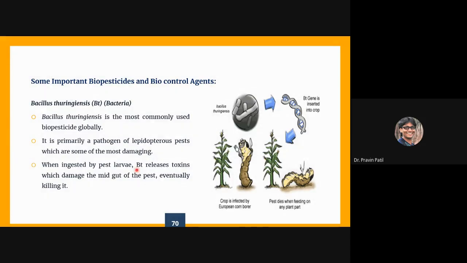So let's dive into the different types of biopesticides. The first one is the Bacillus species, which is a type of bacteria. So this is a microorganism based biopesticide. What it does is release some kind of toxin, and the toxin can kill pests. What researchers have done is isolate, from that bacteria, a gene which is responsible for that toxin secretion